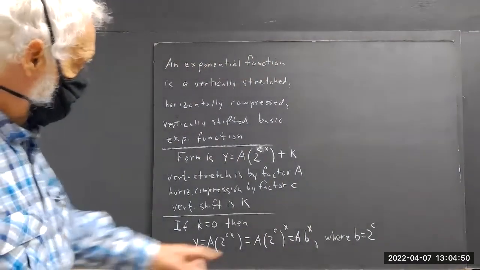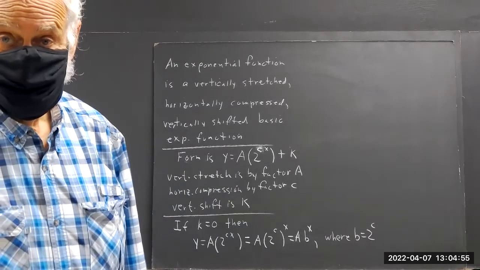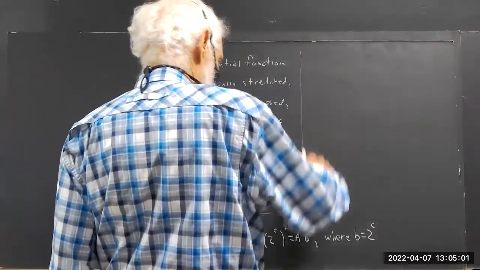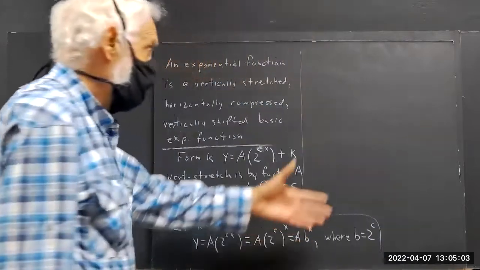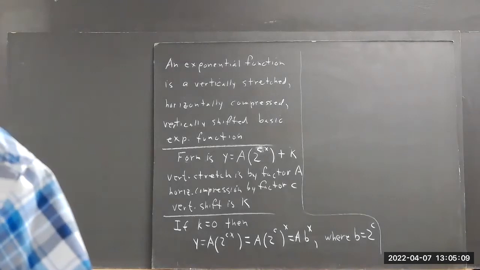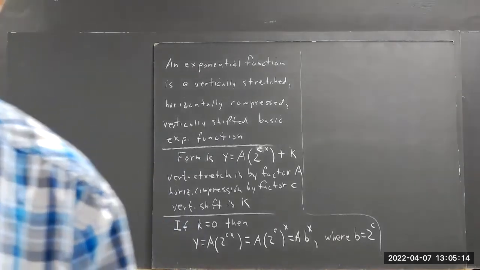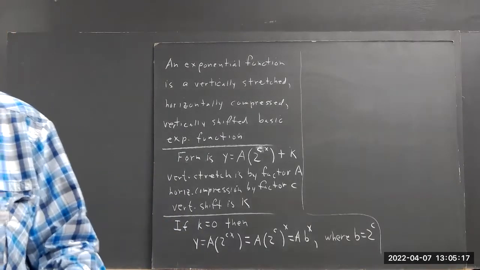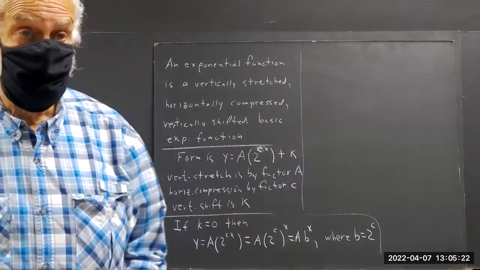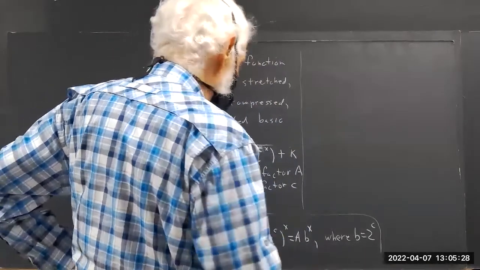And that's a b to the x equals 2 to the c. So everything we're doing here connects back to the basic exponential function y equals 2 to the x, which is easy to graph. And the graph of every exponential function looks like the graph of a 2 to the x function. You just have different labels on the axes. Well, assuming now the form a b to the x